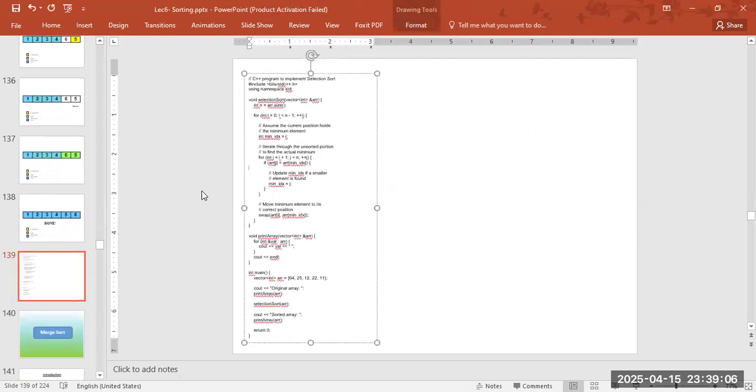Okay, now we're getting into the faster algorithms, the divide and conquer ones. Let's start with merge